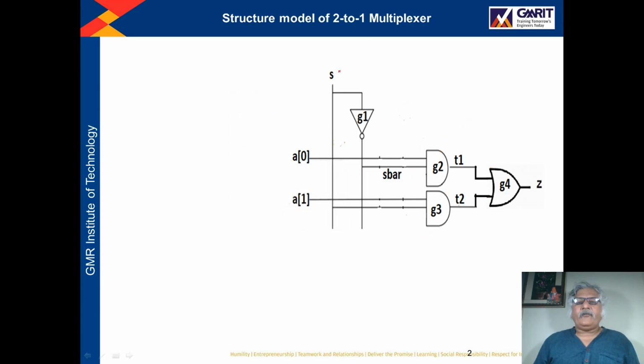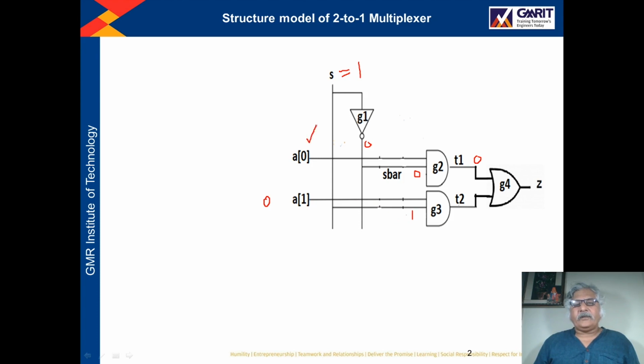If the value of S is 1, then the output of this inverter will be 0. This 0 is connected to this G2 gate, so finally the G2 gate will generate 0 here. Now this S is connected to G3 here, so here you will get 1, right? Now if the value of A1 is 0, right?